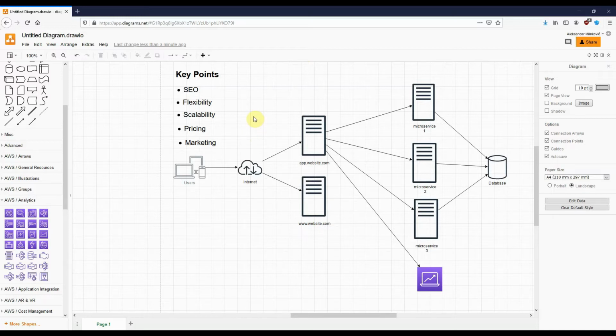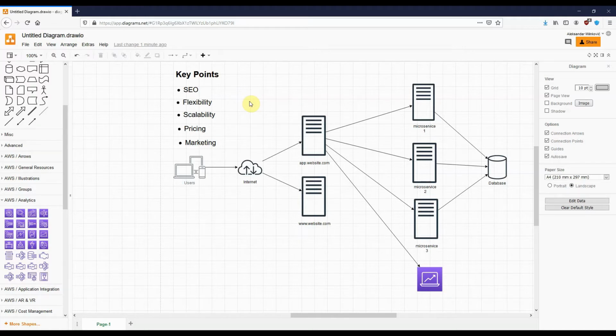So there are a lot of components. You need to build out the infrastructure. You need to make it scalable. You need to pick up servers and everything else. So this is just a short introductory video where I will explain to you what are the main key points you need to take into consideration when developing a SaaS app, and how you can do it. This is a very high overview of some good practices that I have used that worked in building a